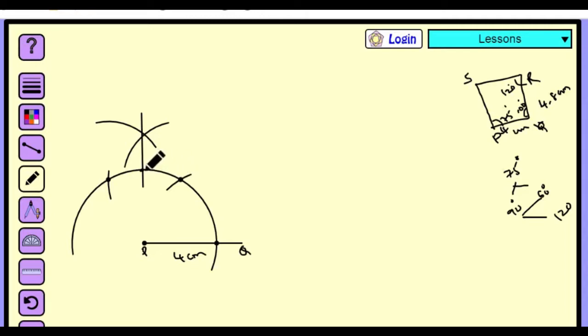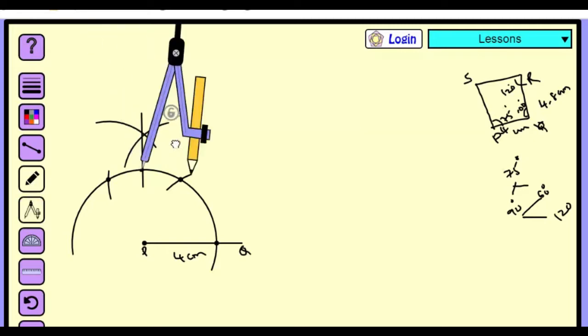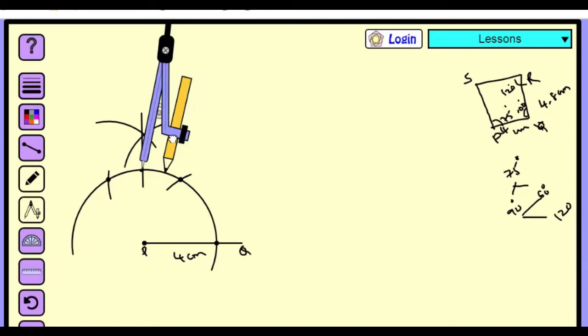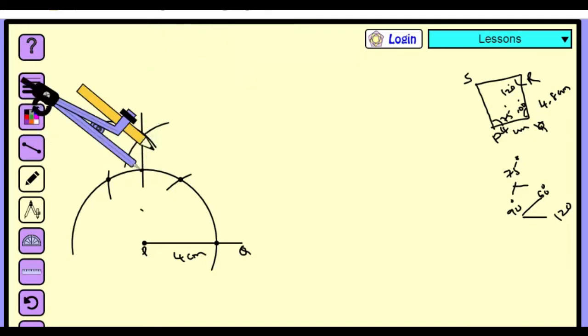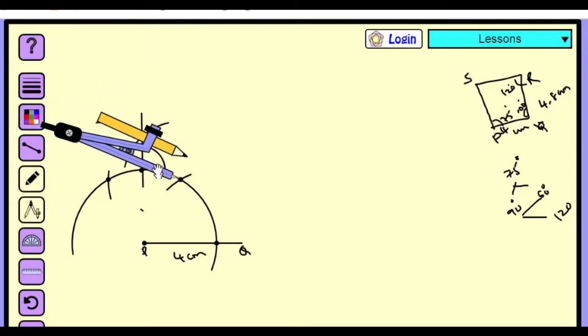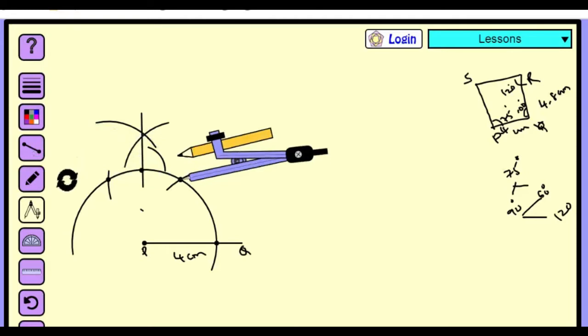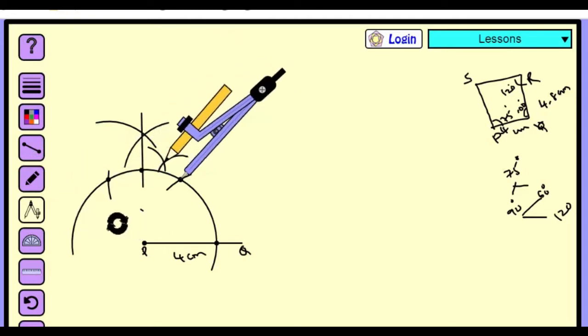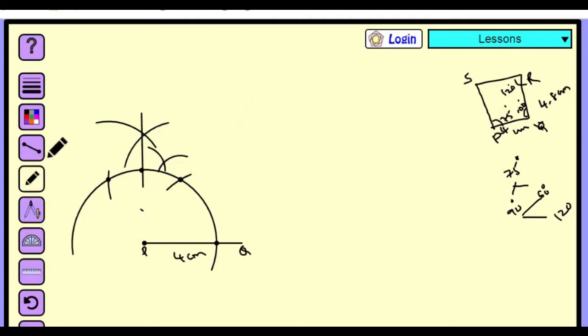Now we are going to bisect the 60 degrees and 90 degrees arc. For that you should take the compass radius more than half of the 60 and 90 degrees arc. Now with the 90 degrees point as center, we need to draw an arc. Now with the same radius, again with the 60 degrees point as center, we need to draw another arc which cuts the previous arc at 75 degrees. Now here we got angle 75 degrees.